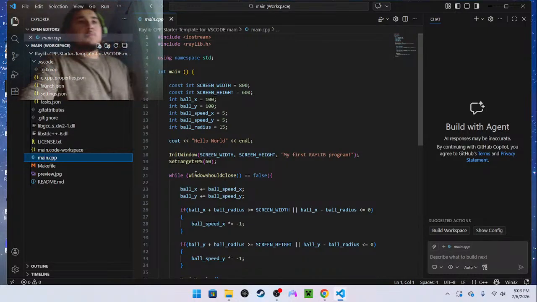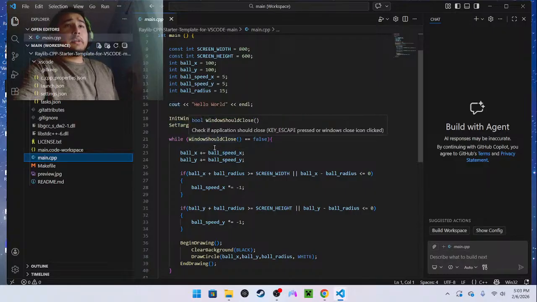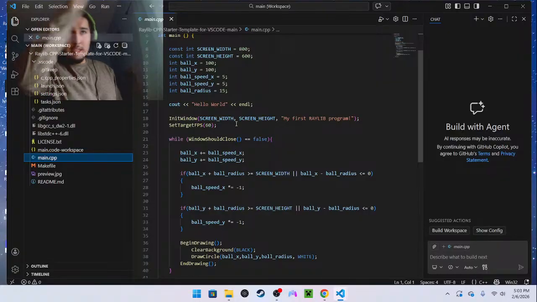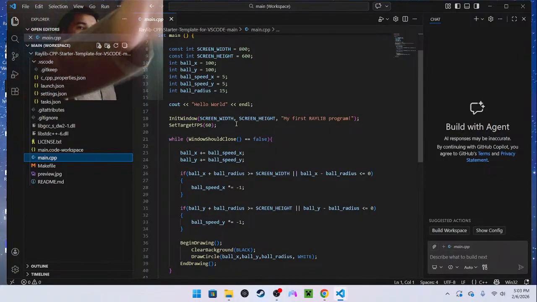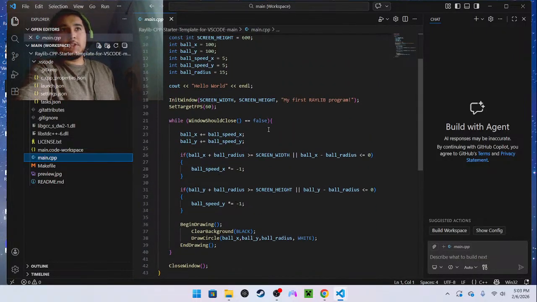Alright, well anyways, what this is doing is while this Boolean statement, I think it's what it's called, is false, all this stuff will run. And it'll only end as soon as this equals true, because then that condition won't be met, so it won't be running anymore.